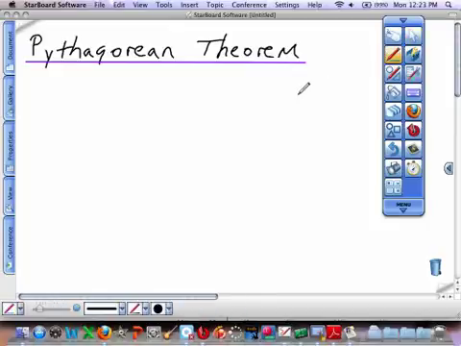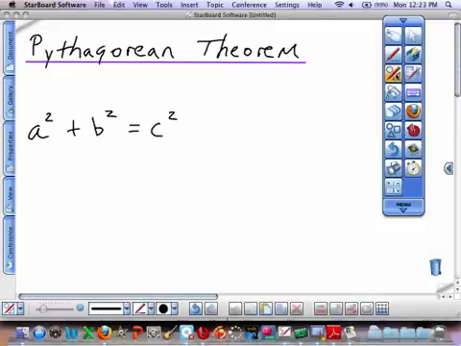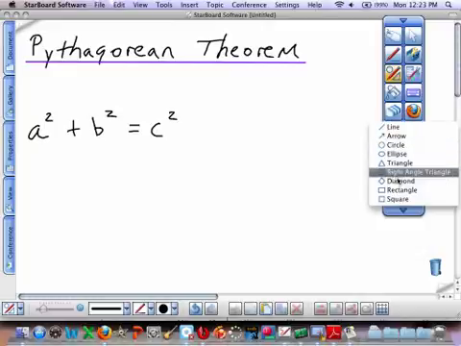Alright, so, as Alexis already told us, we know that according to the Pythagorean Theorem, a squared plus b squared is equal to c squared. And so again, what we're basically talking about here